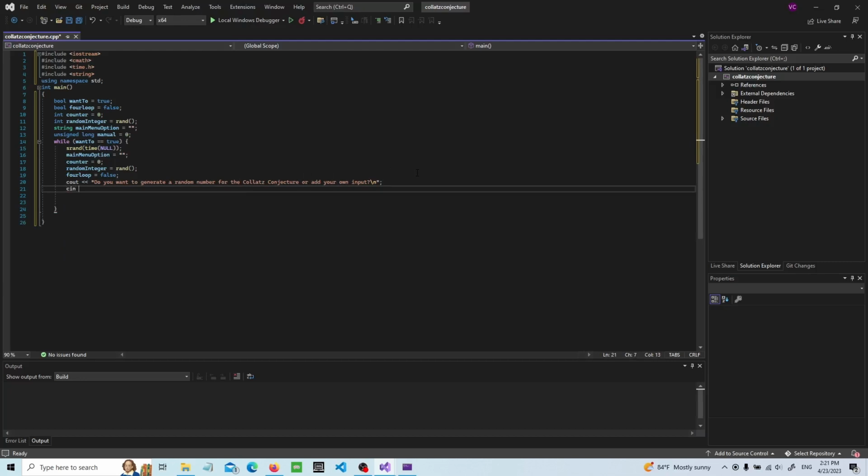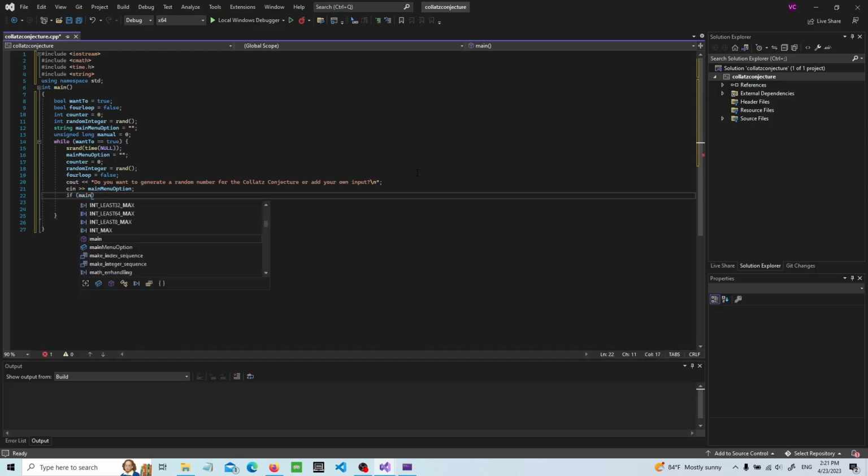we're going to make the cin, and see the arrows are pointing in different ways to the main menu option right here, and then a semicolon. Then this is where the actual thing starts. If main menu option, main menu, what? Oh my god, stop breaking. Main menu option